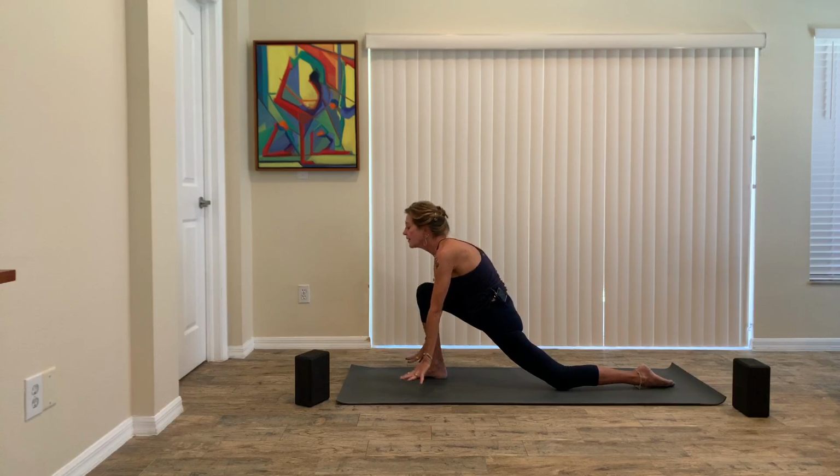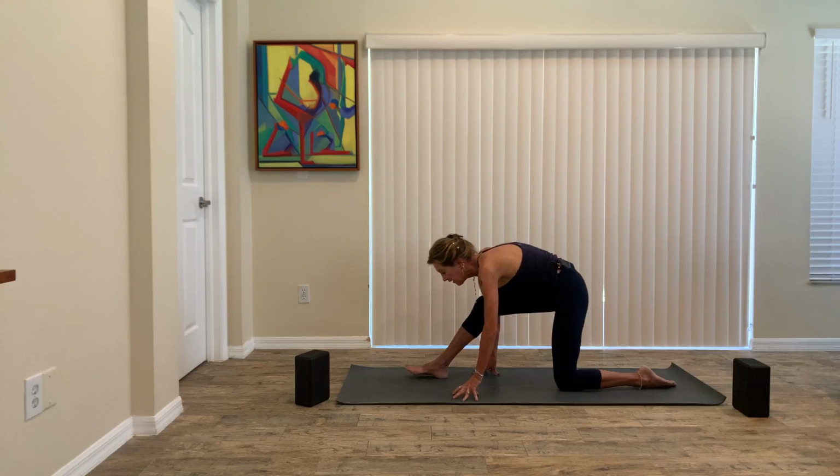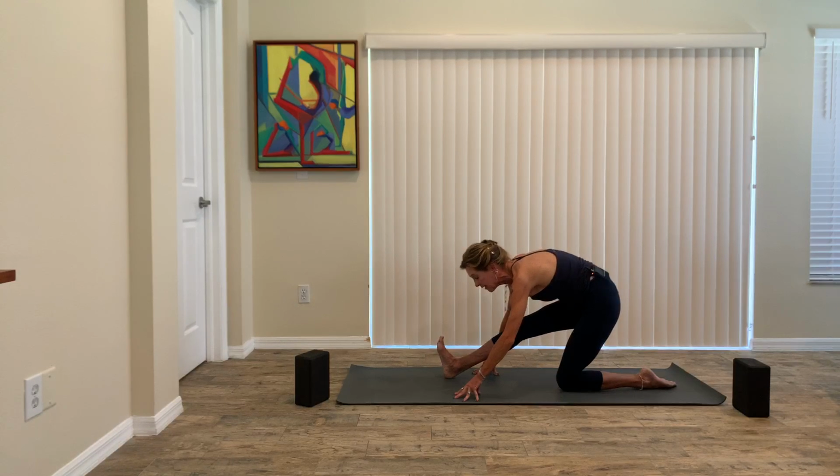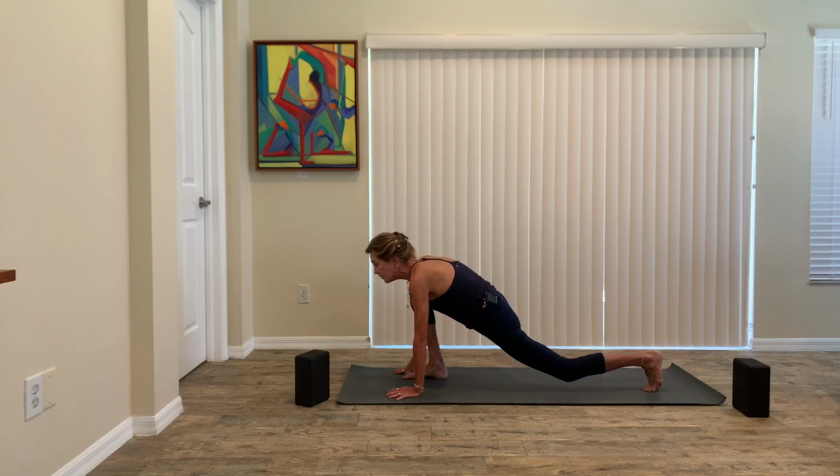Exhale, hands to the floor. Breathe in, sink the hips low, look up. As you exhale, half split, Ardha Hanumanasana, pull your left hip back. Then back into your left knee, glide your way forward, hands to the floor, tuck your back toes, down dog,